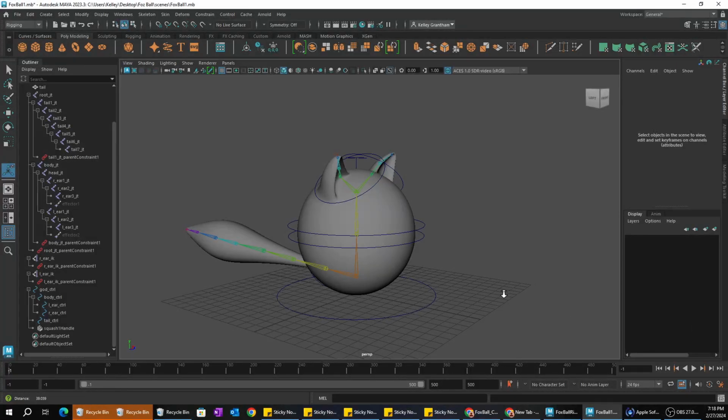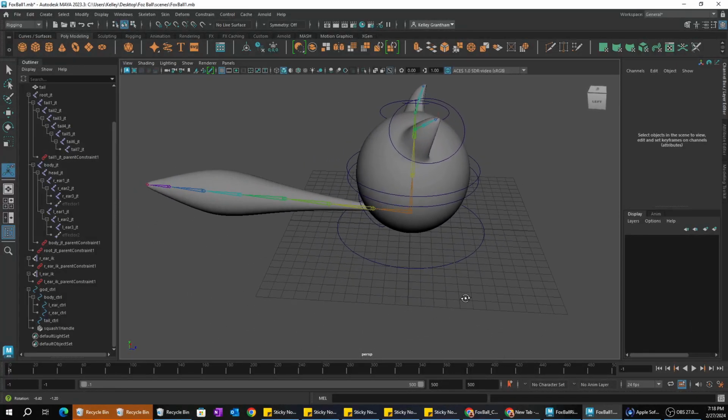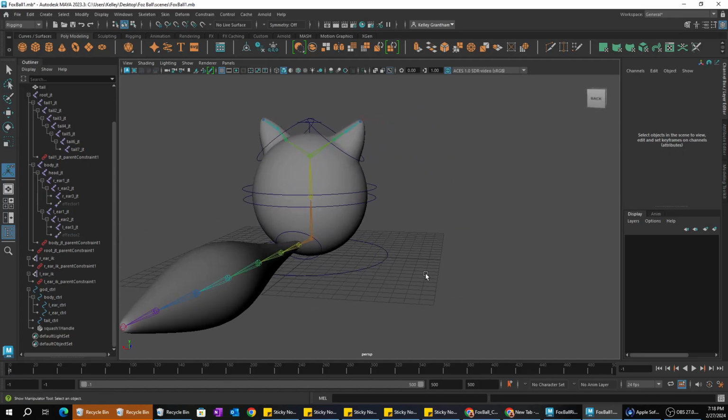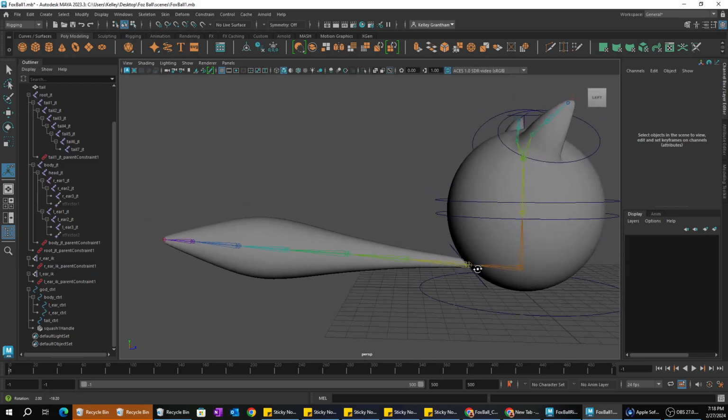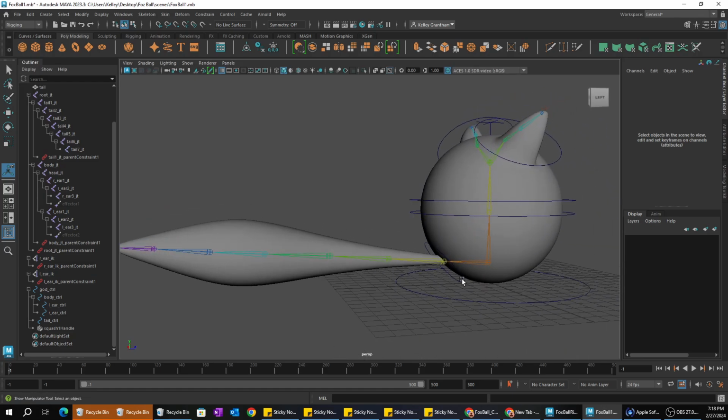Right, so now we are to the last part of what we need to do to rig our little fox ball, and that is the swish on the tail. And we're going to use a process called setting driven keys for that. So we're going to add a couple more attributes to our controller,